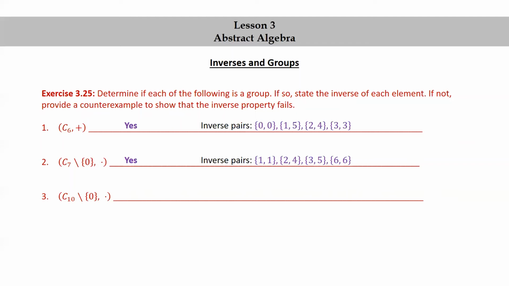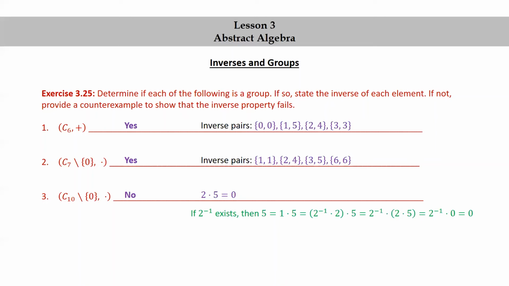C10 with 0 removed under clock multiplication. For this one, the answer is no, right? The problem is that 2 times 5 is equal to 0 on a 10-hour clock. So if 2 inverse were to exist, then 5 could be written as 1 times 5, right? And then 1